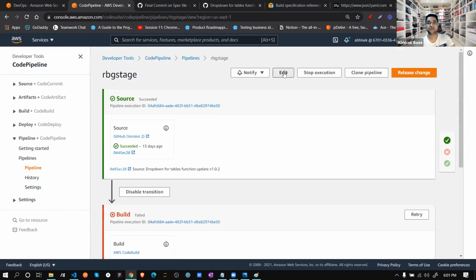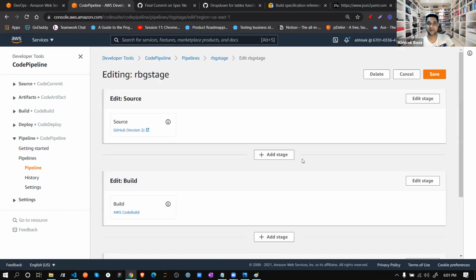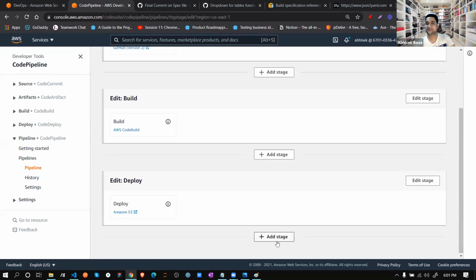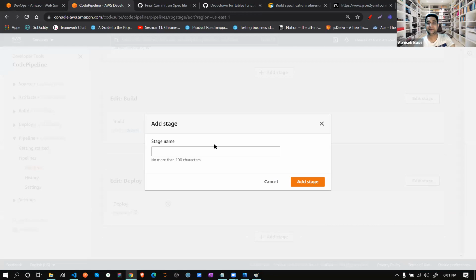Very easy. Just go to edit. See, here it is asking for a stage. You can add multiple stages. Suppose I give one name, like prod.